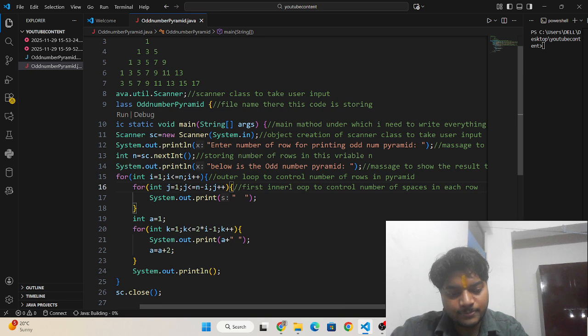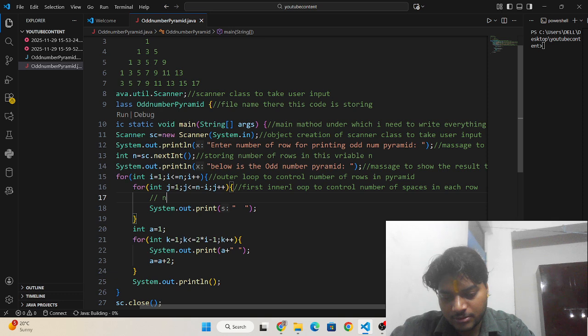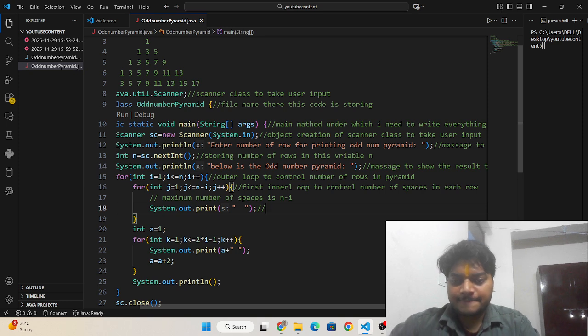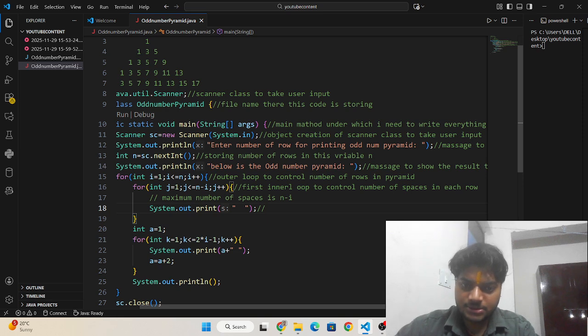The maximum number of spaces is n minus i. Maximum number of spaces is n minus i, and we are printing here.